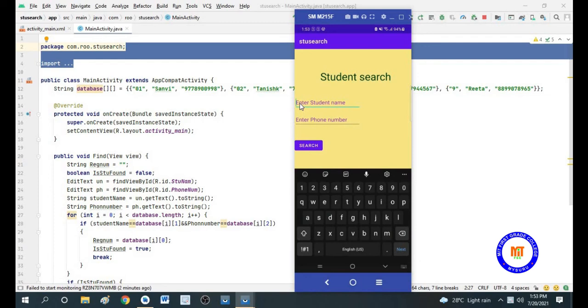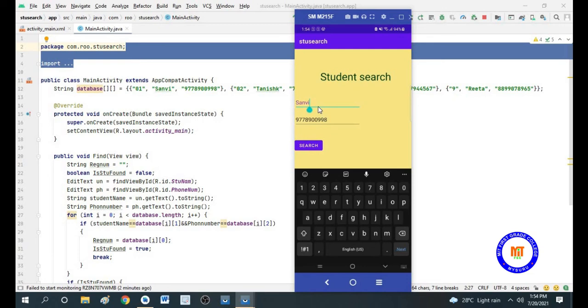So here in the database I have taken Sani, and I'll give the phone number 97789000998, and click on search button. So here it is telling the student is found.